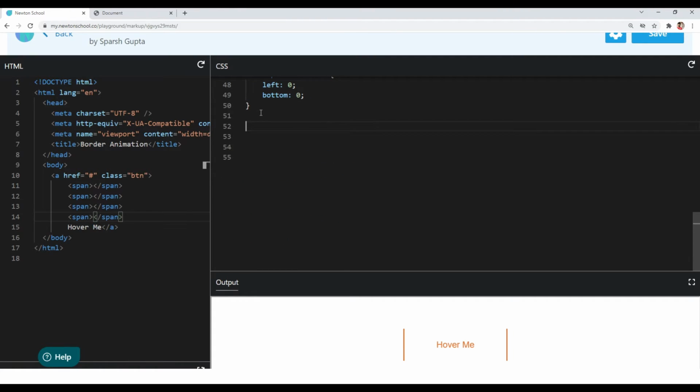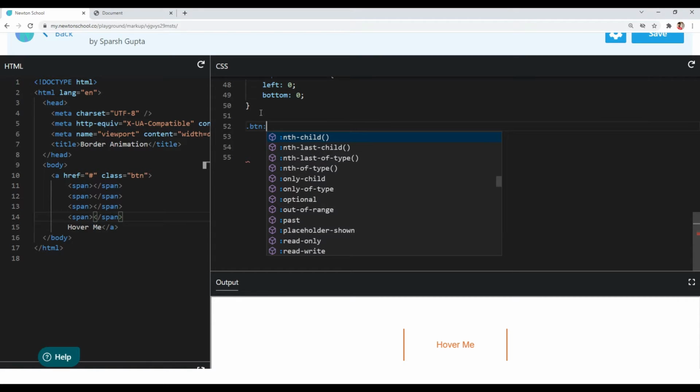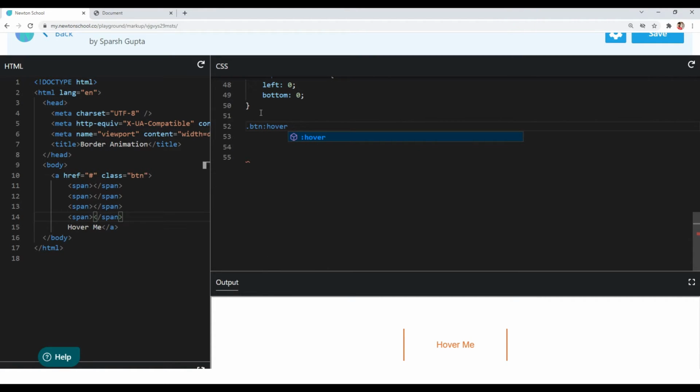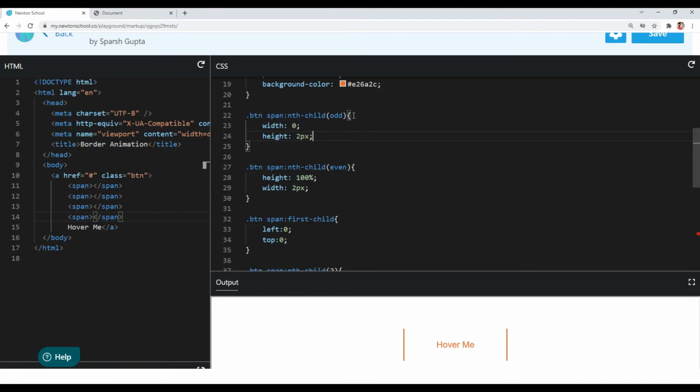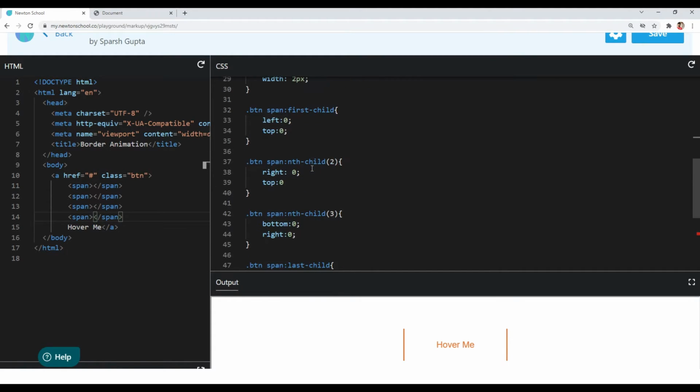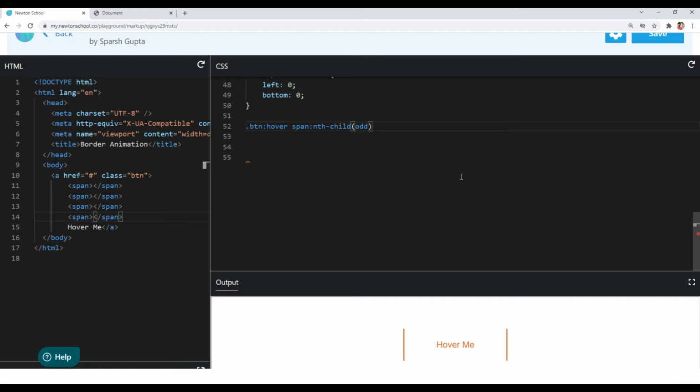When we hover our button element, I want the first and third child to get 100% width. I will target them both using the nth-child selector, the same that we have here. I will copy and paste it, and we want the width to be 100% when we hover on our button element.